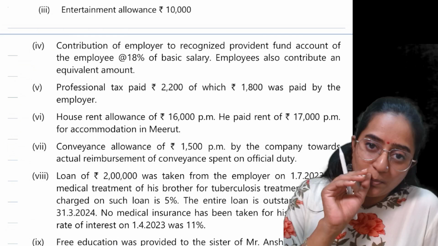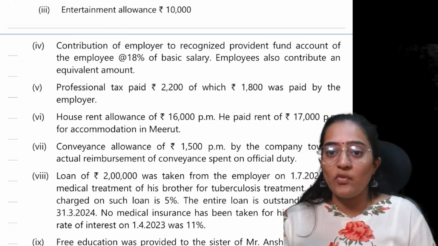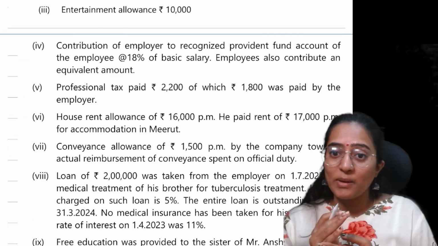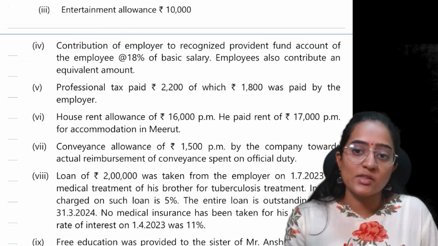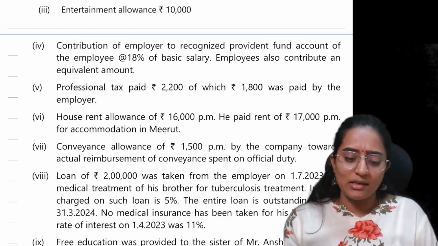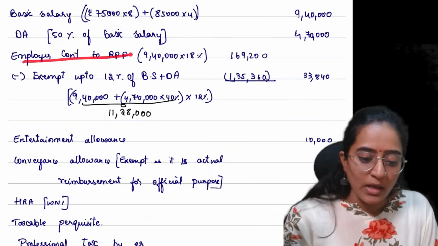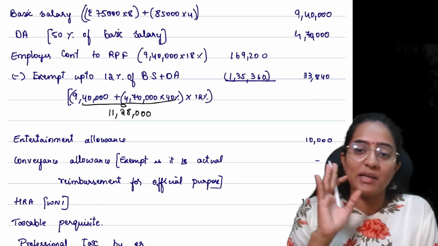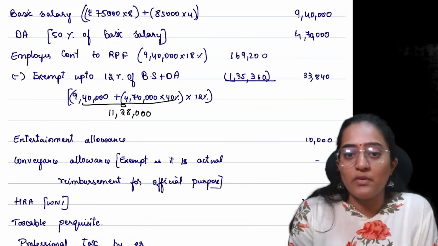In case of RPF contribution made by employer to employee, the excess of 12% of the basic plus DA would become taxable. Excess of 12% of the basic plus DA combined, whatever the employer is contributing beyond that, would become taxable. And here employees are also contributing the same. Employee's contribution doesn't make any point to be taxable over here, so we are concentrating on the employer. Whatever contribution the employee has made will be considered as a deduction under section 80C in case he has opted out of the default tax regime.